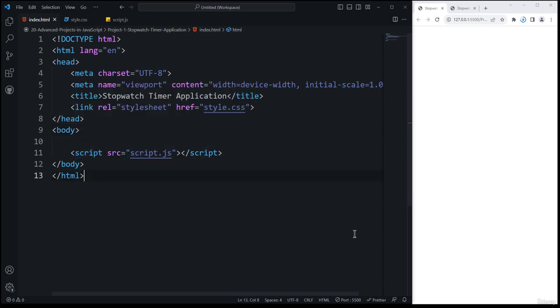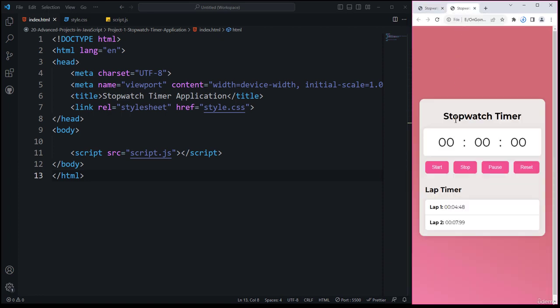Now I have also launched this project inside my web browser, which is Chrome. You can see right now this is the stopwatch timer application, the final version that we want to develop, so that we can just type the style sheet code and also the HTML code. The first thing is we need to wrap the entire code inside this white container,